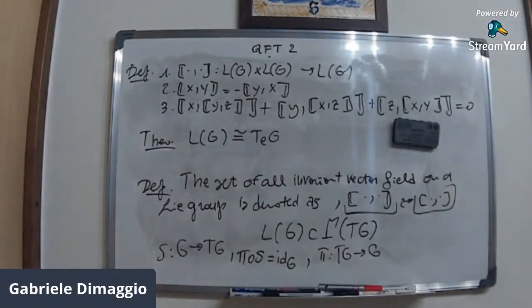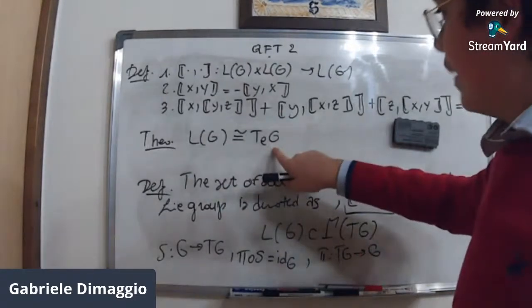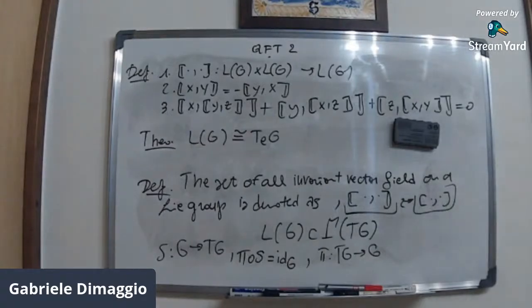Why is the Lie algebra isomorphic to the tangent space of the group at the identity e? Someone knows? Okay, I think maybe